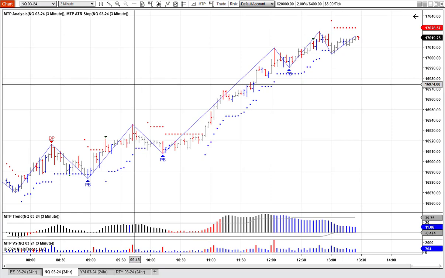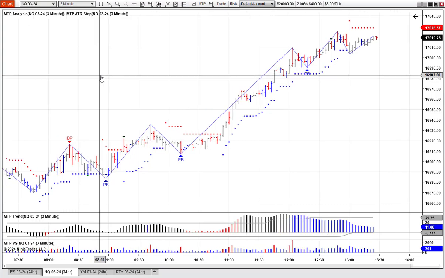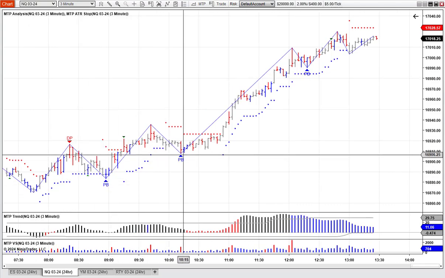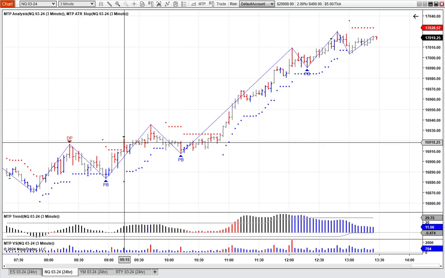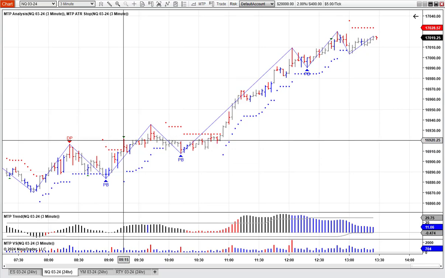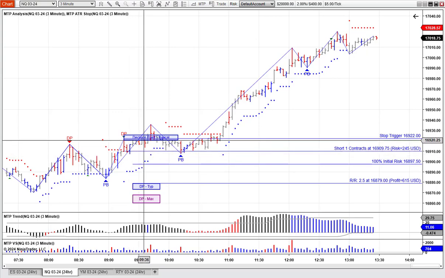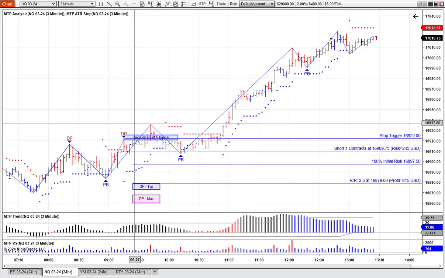So I want to have a look at a 3-minute chart of the NQ from this morning, and in particular I want to look at a couple of PB or pullback trade setups that we have on our charts here. You can see some trades result in losses. For example, there's a history triangle here. If I place the analysis on this particular setup, you can see this would have resulted in a 1R loss. So I wanted to start off the video just reminding you that losses can and will and do